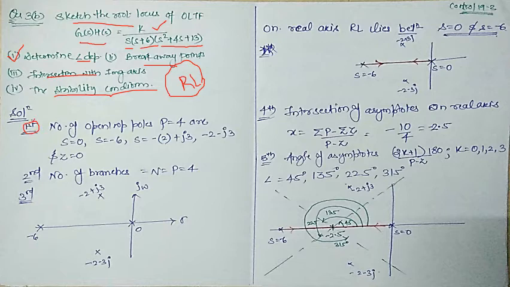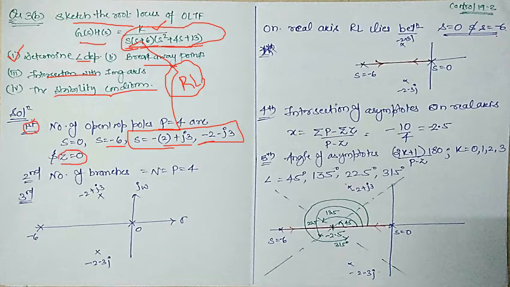First step of the root locus is always determining the number of poles and zeros of this function. So number of poles in this equation is, look at this equation, number of poles are 4: s equals 0, s equals minus 6, and s equals minus 2 plus minus j3. So these 4 different poles are there in your equation. And please remember, there is no numerator term with s, that means there is no zero in this open loop transfer function.